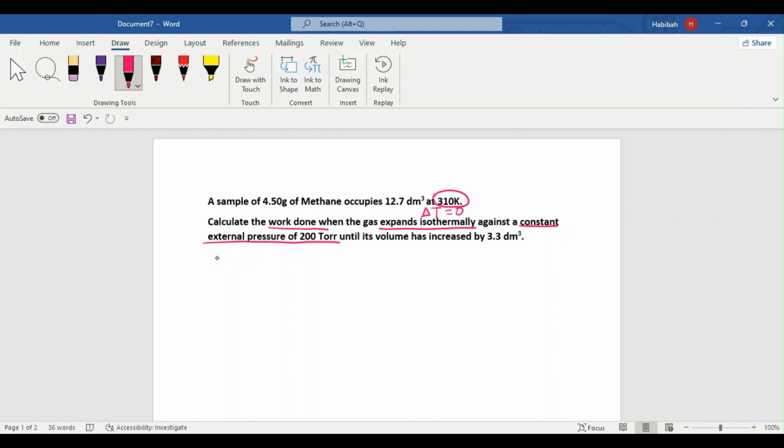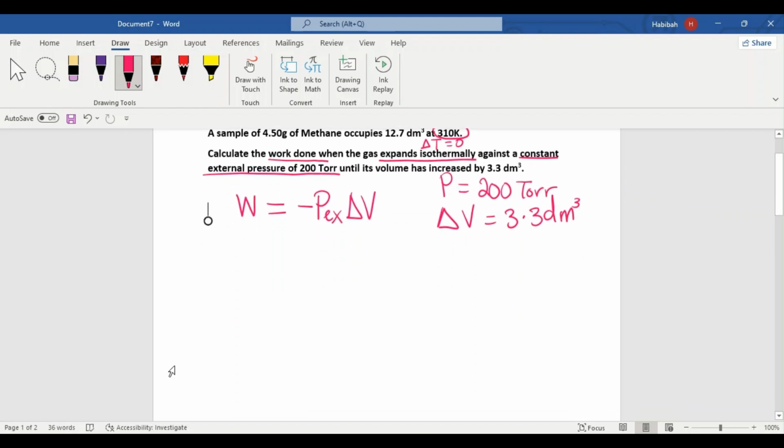Because this question is against a constant external pressure, we're going to use W equals negative P external times change in volume. So what we're really going to be focusing on in the parameters given here is that pressure is 200 torr and change in volume is 3.3 dm cubed. We're going to input all of that information inside this. But the issue with this is that